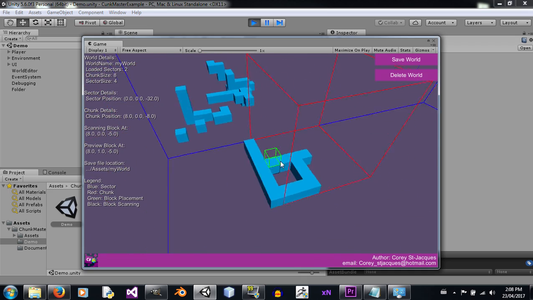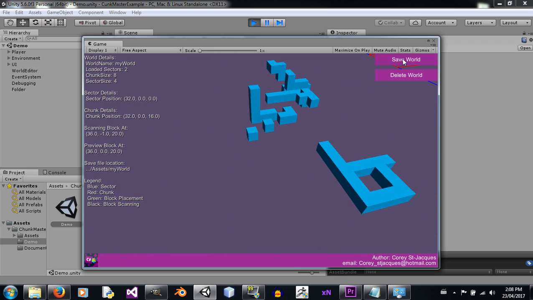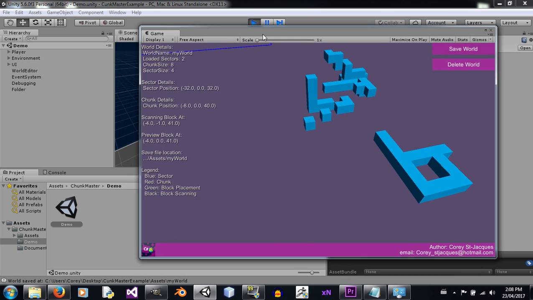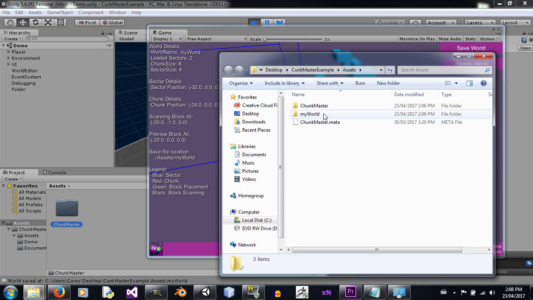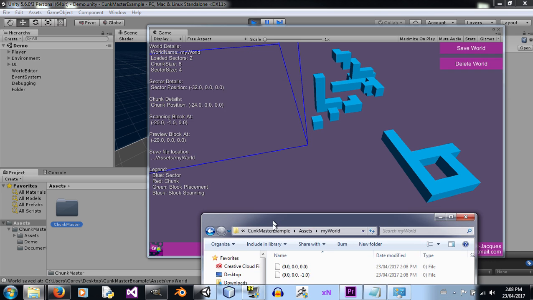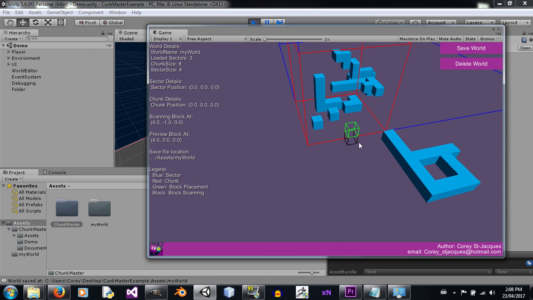If you want to save your world or your map, you can go ahead and press save. Now you can see at the bottom here at the console, world save at this current location. So depending on what you name your world, you should be able to save the folder given. The folder name should be the world name. So here it is. World has a couple files here that's automatically generated depending on the coordinates of your blocks